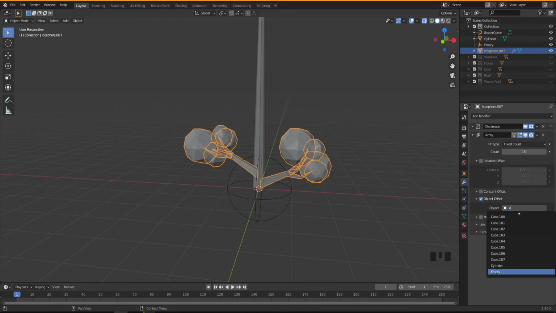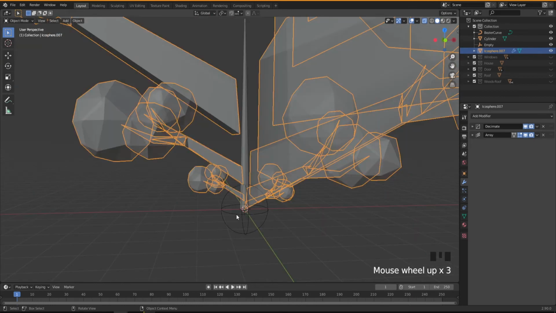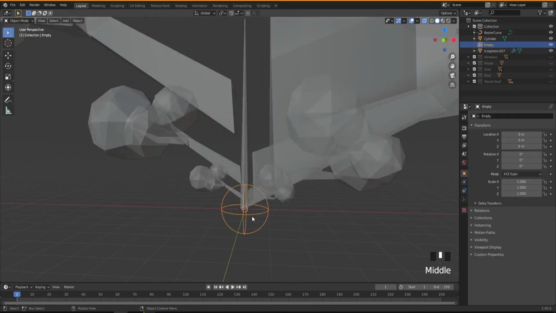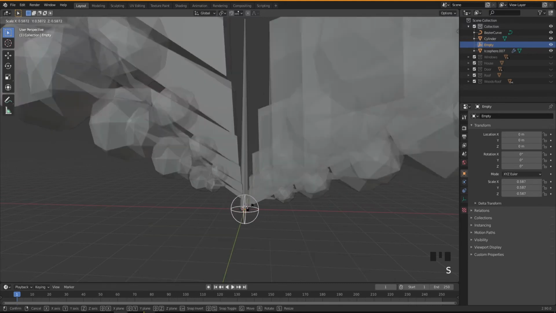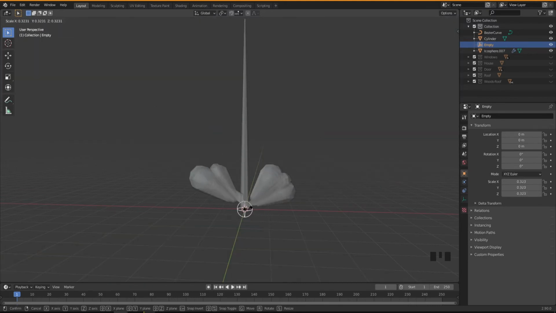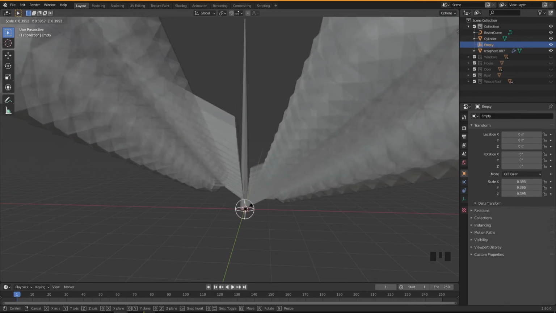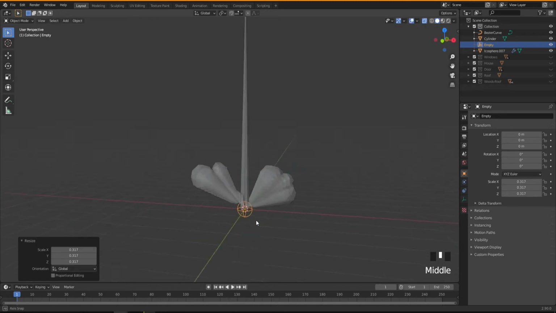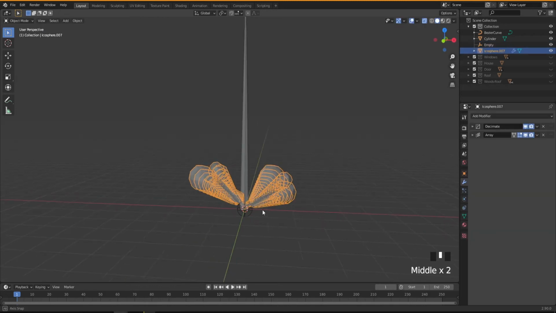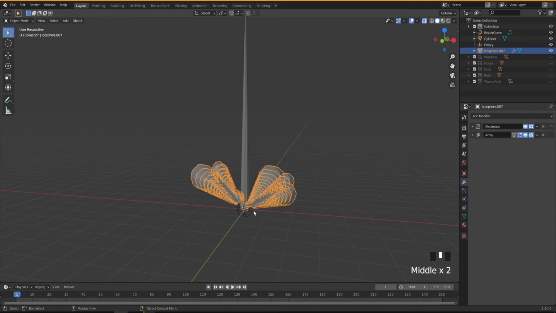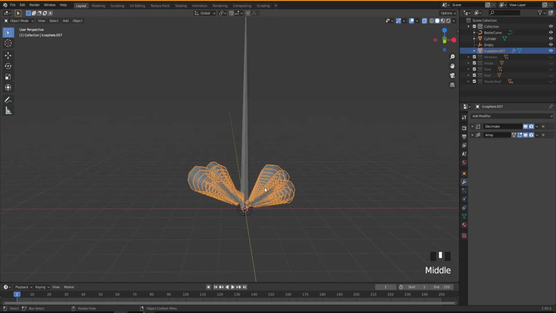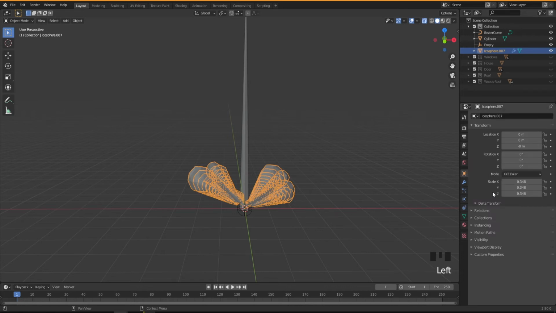So now if we select this one, we need to scale down this object. So by pressing S and scaling it down, and why is it doing this? Because our object scale and location maybe is not right. So if we select this one and go into here, there's a problem with something in here, so that's why it's causing this problem. So what I'm gonna do, I'm gonna remove the array for now, just to see it better.